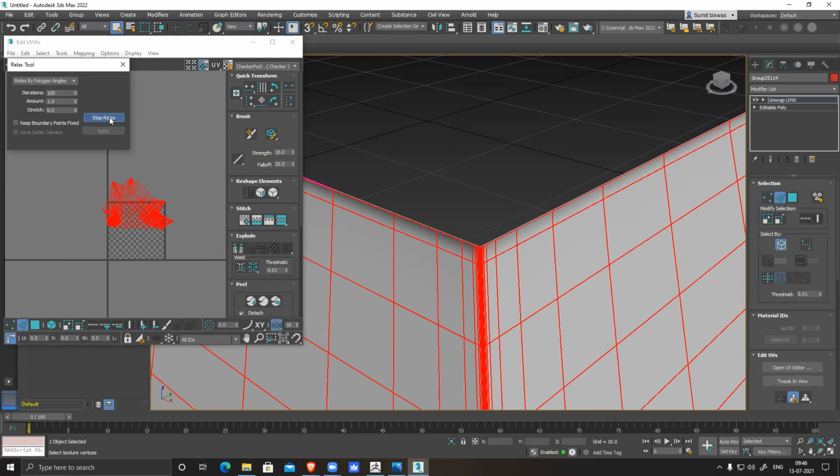Unfolding. I think there's an extra seam. It's taking way too much time.